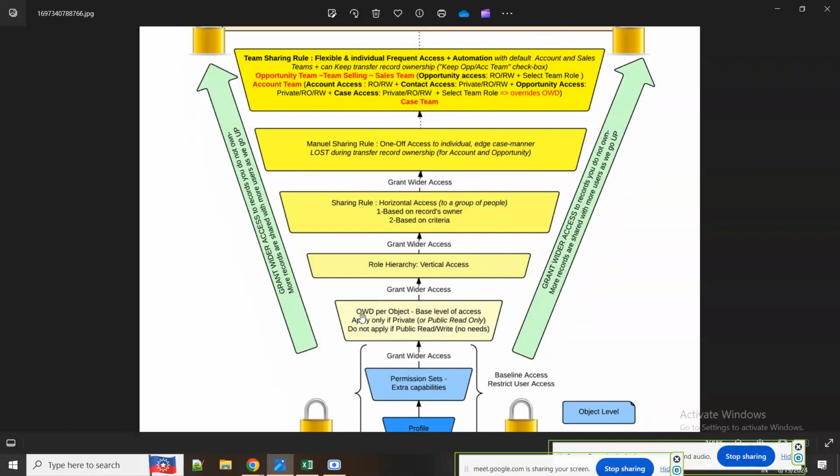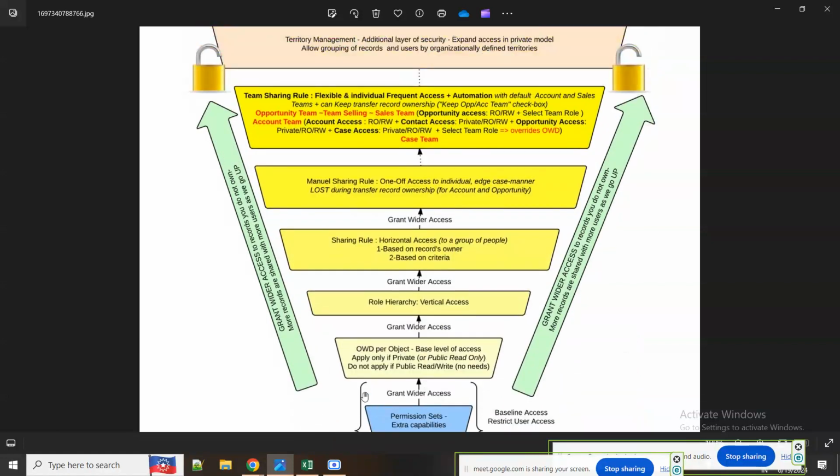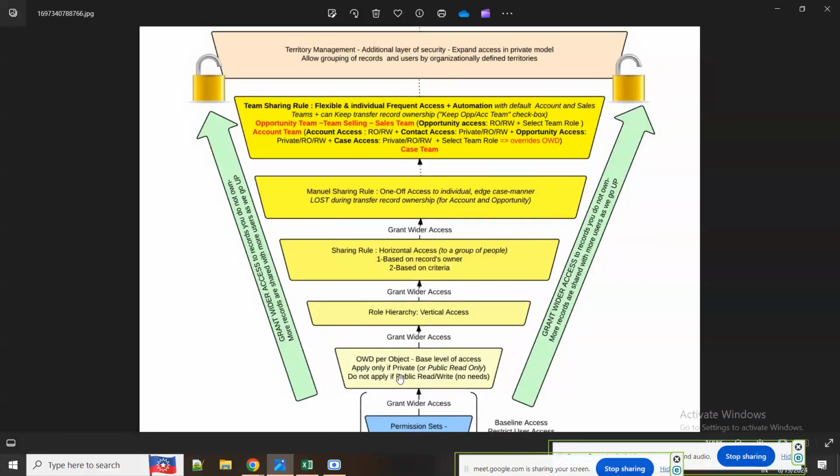After the permission set, there is OWD, that is org wide defaults. We will see one by one, but I am just explaining a chart. And today we are just going to cover profile and permission sets, but for you to know, there are other components as well which we need to cover in next sessions. So OWD,